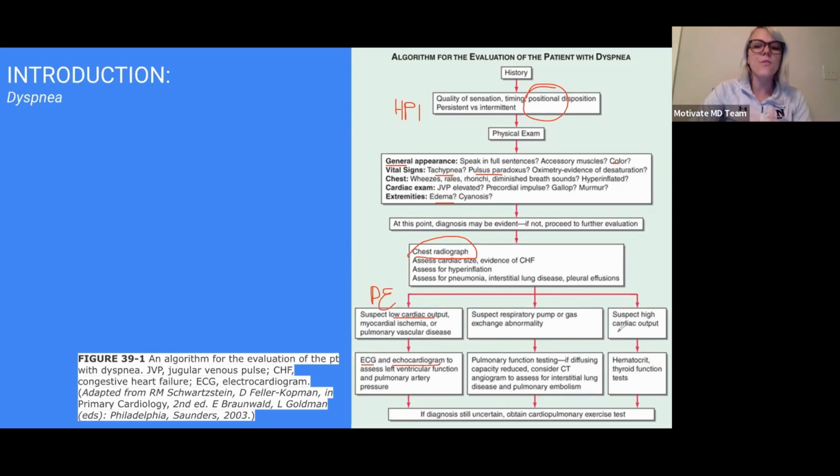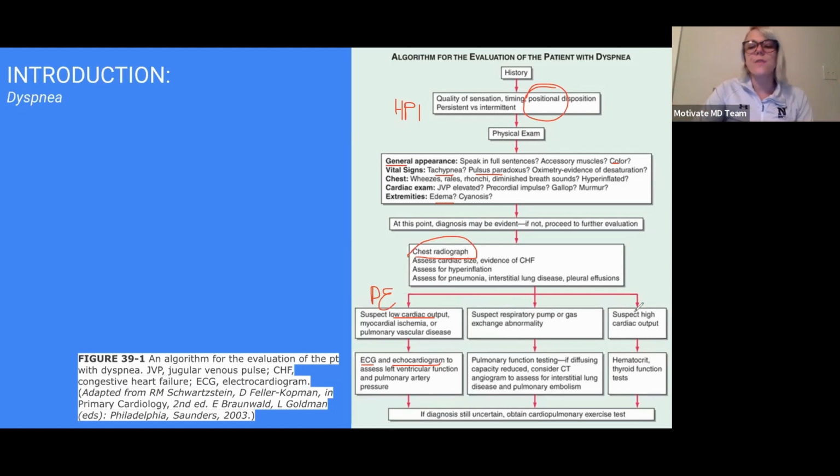Other things that we could certainly look at are the actual gas exchange of the lungs. So in that regard, we might look at pulmonary function testing. Basically what we're looking at there is the patient's ability to actually take a deep breath, their tidal volume, which is what they do at rest, and their ability to inhale and exhale, all of those things, because that can point us in the direction of restrictive versus obstructive lung diseases.